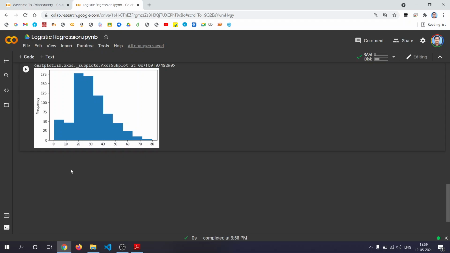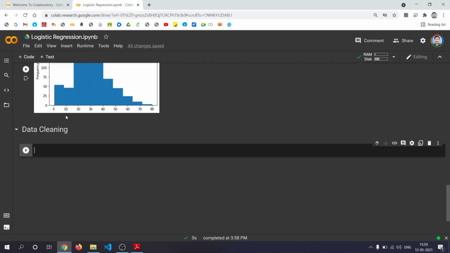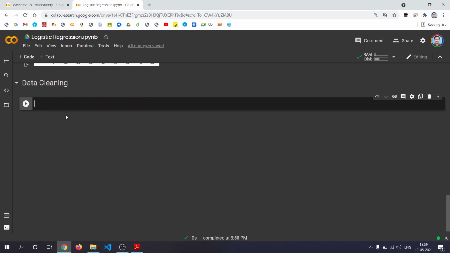Okay, so now let's do some data cleaning operations. So this was data analysis. Let's give a heading, data cleaning. Right. So usually in the case of data cleaning, we will be trying to find the entries where data is missing.